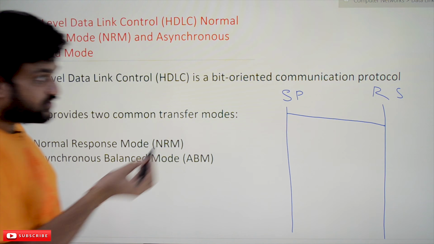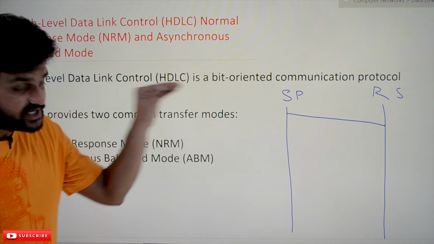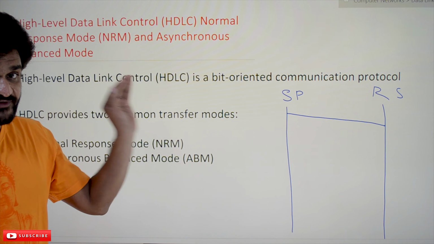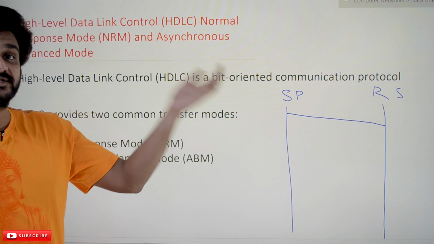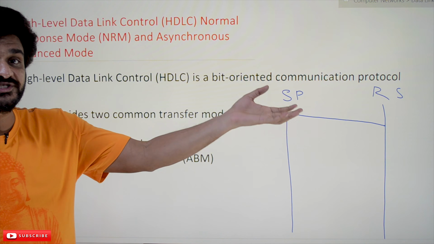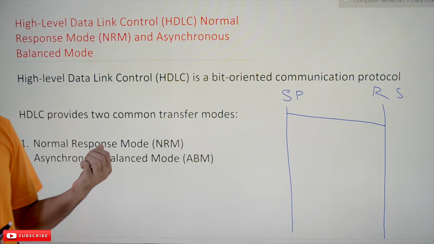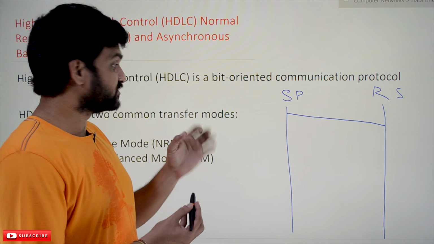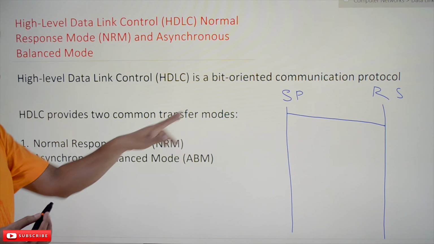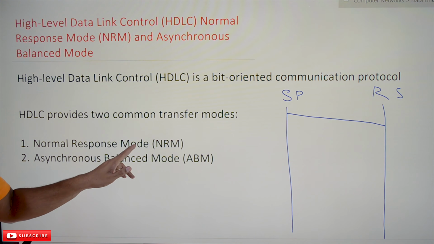The primary node is the node which transfers the data. The data transfer is done from the primary node to the secondary node. In response, the secondary node just acknowledges receiving the data that has been transmitted. That kind of transfer mode is what we call normal response mode.